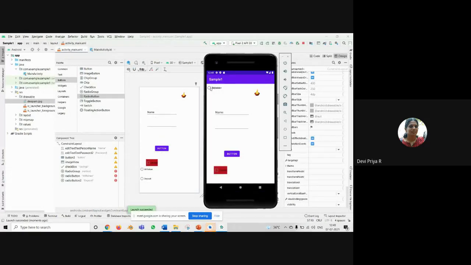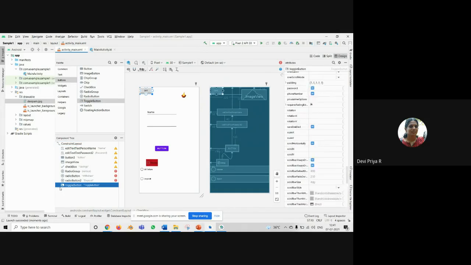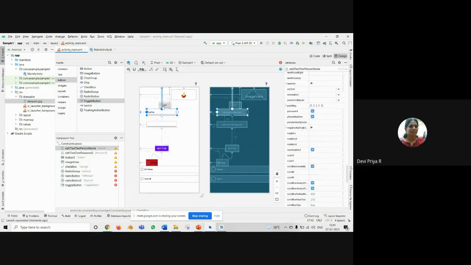See, the button is displayed at the top and you can choose anything. And you can have the option of a toggle button also. Toggle button means, I'll show you how. If you place it here, it will be placed inside this. Otherwise, if you want to have this toggle button, see, this toggle button is placed here.